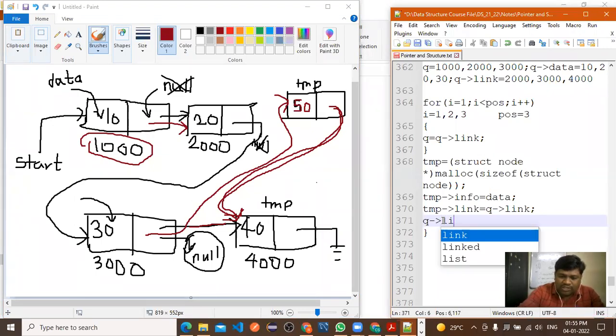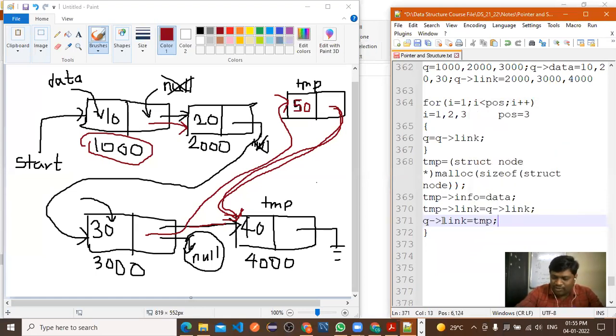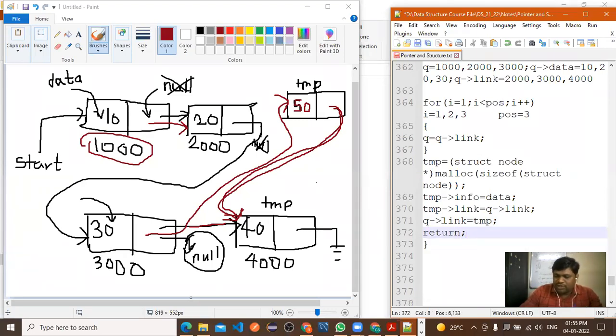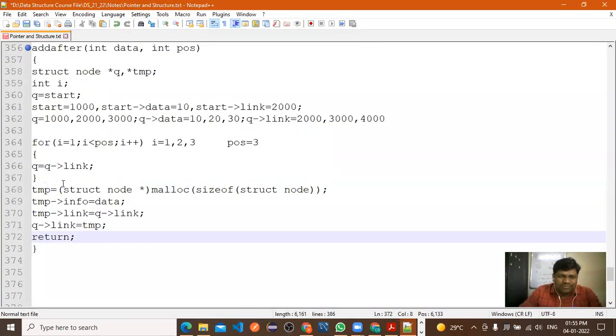So Q of link is equal to what to write here? Temp. Now you understand. So Q of link is equal to temp, right? That's it. And here we'll write return semicolon. Here our program is completed. Very simple.